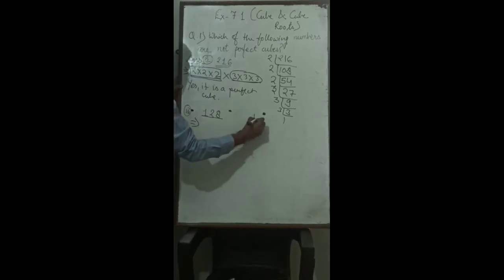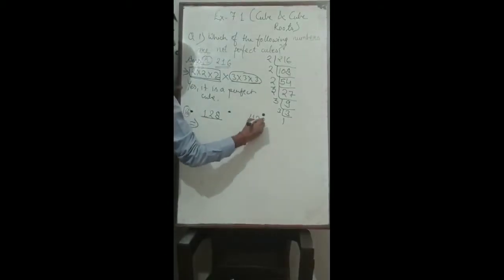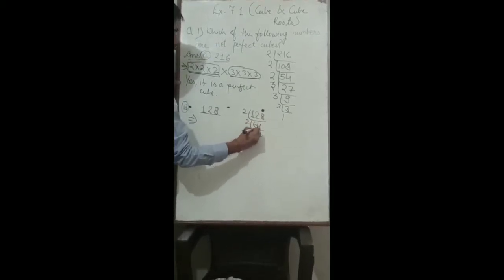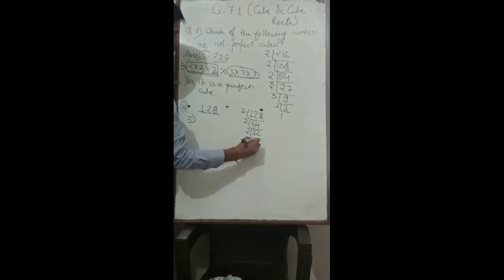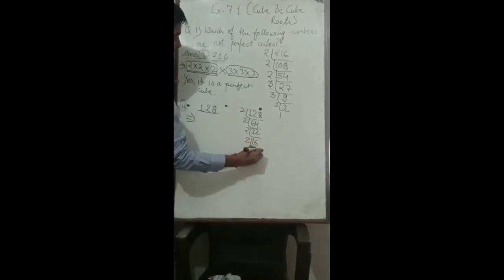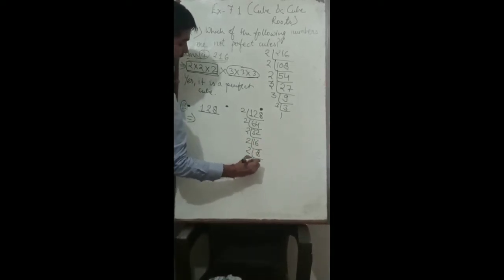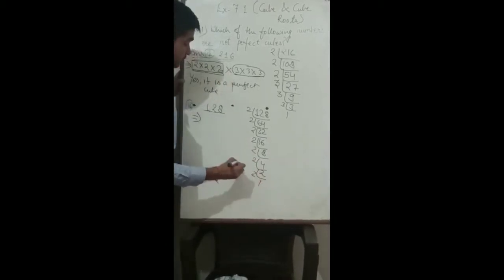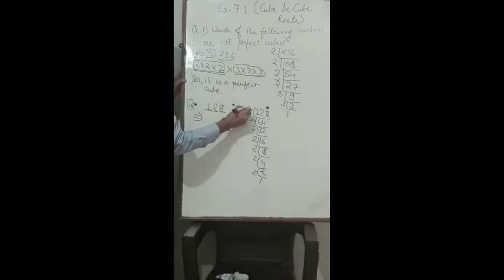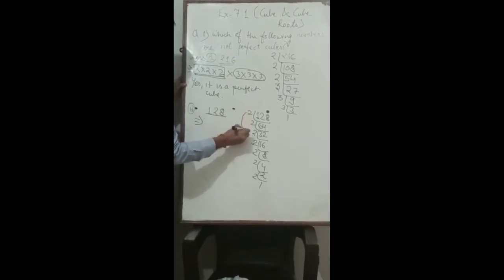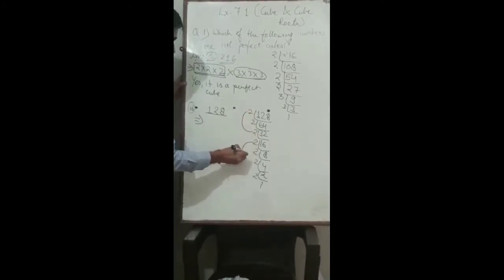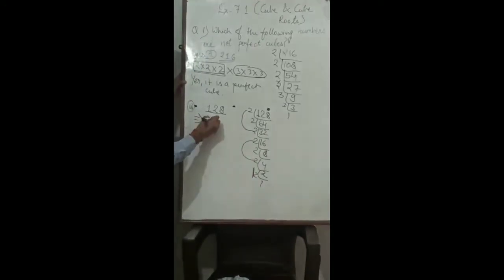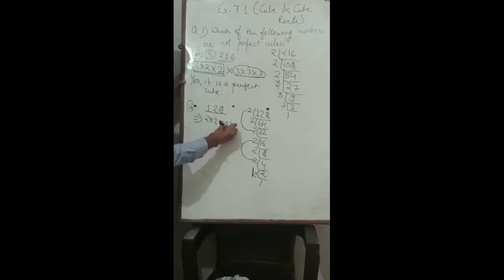Now moving on to this sum, 128 is the value. Firstly you have to find out the factors here. 2 6 are 12, 2 4 are 8, then 2 3 are 6, 2 2 are 4, then 2 1 are 2, 2 6 are 12, then 2 8 are 16, then 2 4 are 8, then 2 1 are 2, 2 2 are 4, then 2 1 are 2. After this you have to note down all the factors here. You can see this group is done, then again this group is completed, but this is not completed.